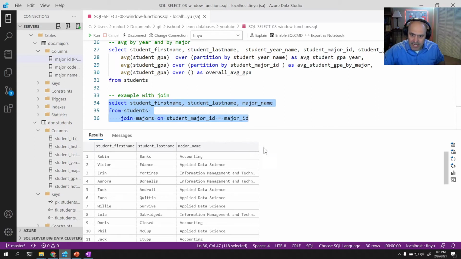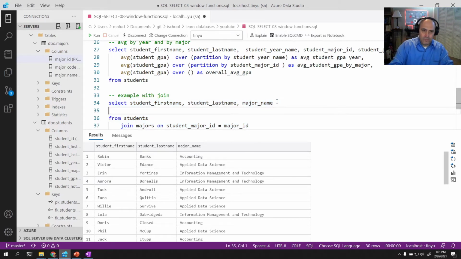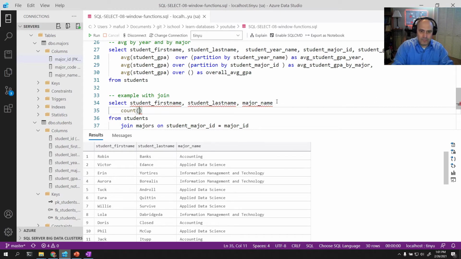Let's get a count of students in that major. Count the rows over partition by,